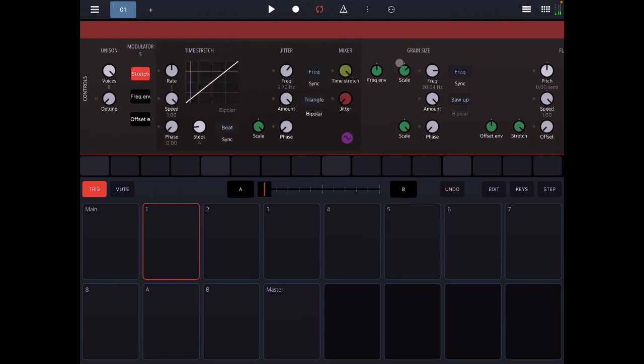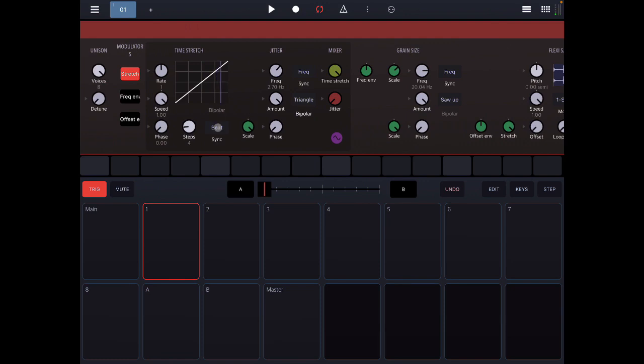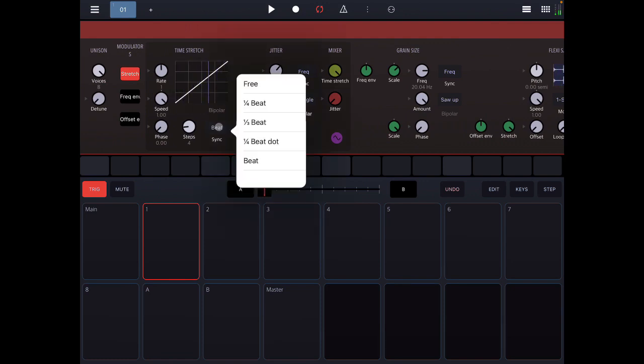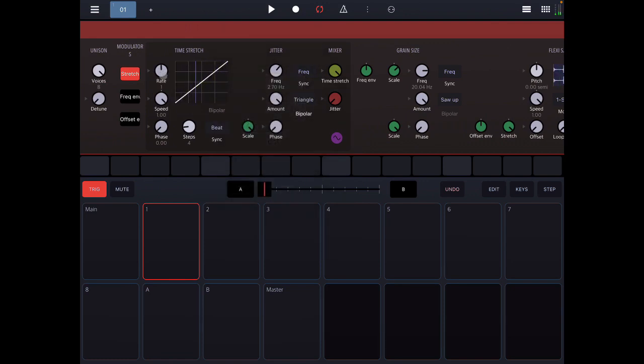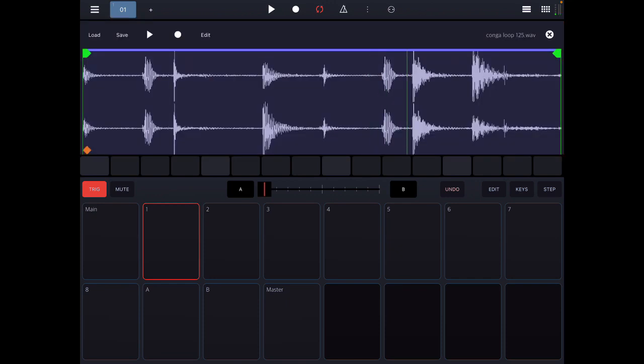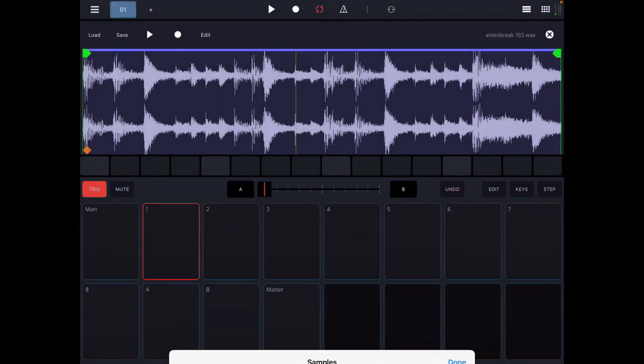So this is a 1-bar loop. When you have it in beat sync mode, I would set it to 1 beat, rate 1, and then steps will be the number of beats in your loop. So it's 4 beats, 1 measure. If you have something like a 2-beat loop or a 2-measure loop,